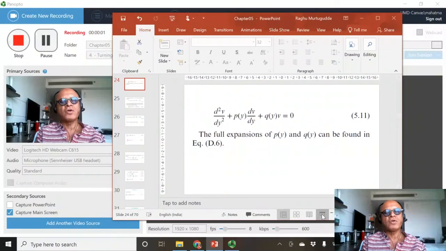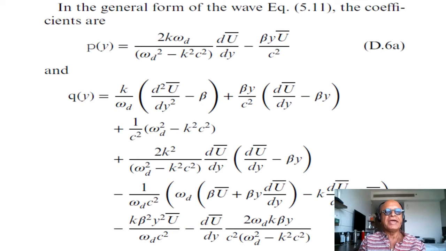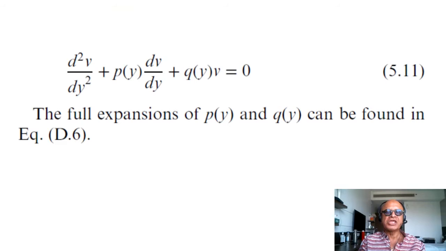Now that we have our wave equation in this form where P and Q have these complicated expressions, you're beginning to get a sense of the tropical dynamics in terms of the wave mean flow interactions. This is the form. You have d squared v dy squared plus Py dv dy plus Qy v, where you know Py has the